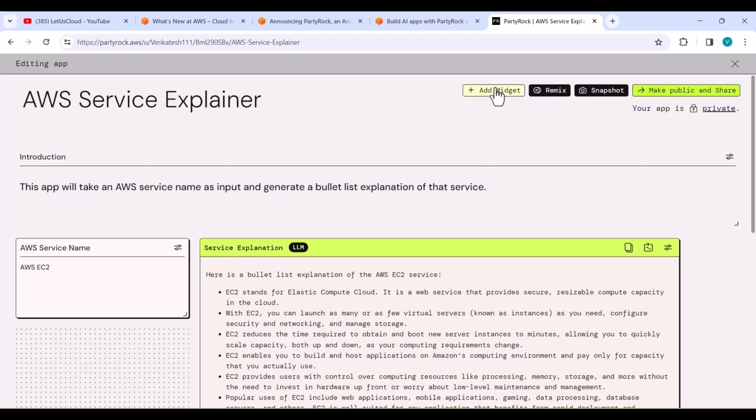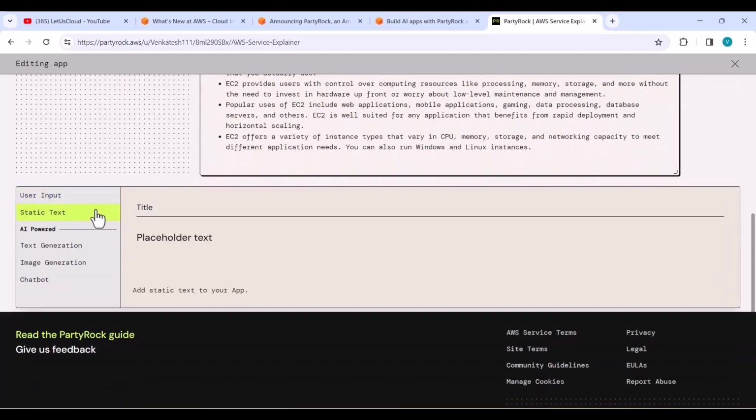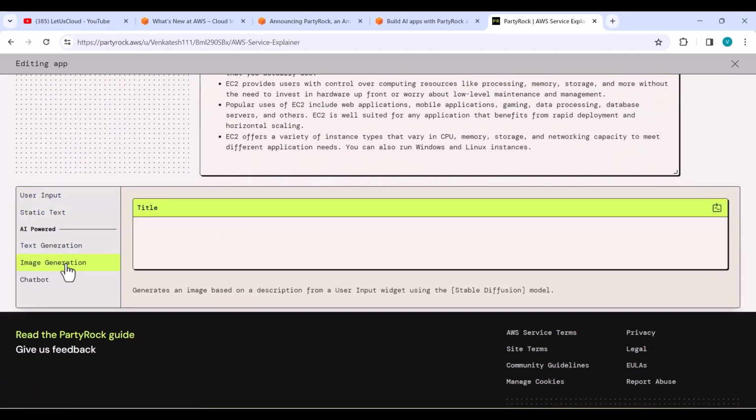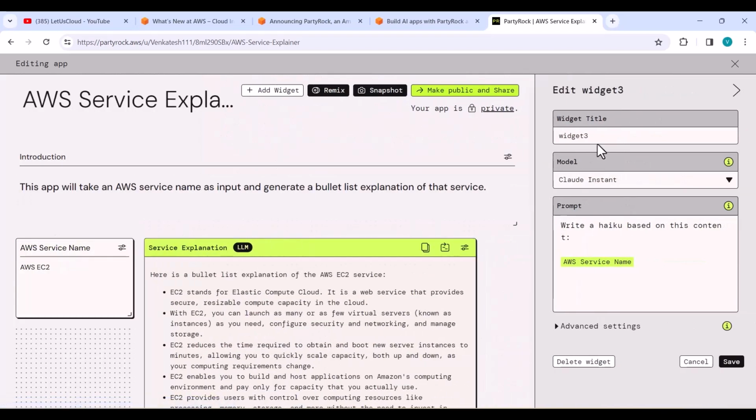Now let's add an additional widget. Okay, and then I will again go with text generation. Now this widget 3, I want to configure this for, let's say, the pricing, right? I want to know what is the pricing of a particular AWS service, right? Okay, I'll use the same model here. Then here I'll say